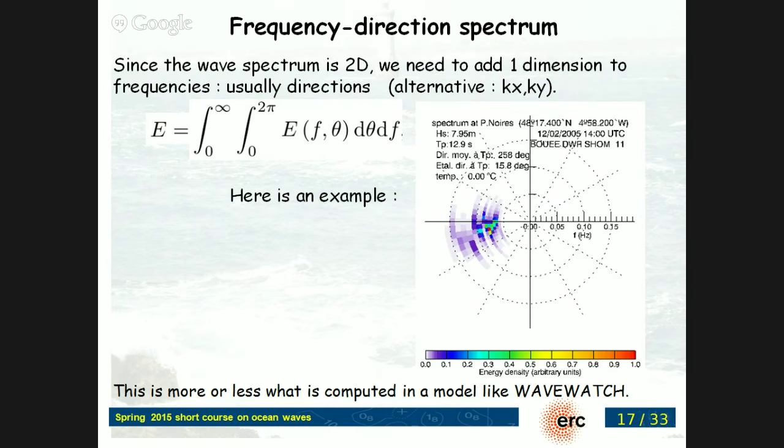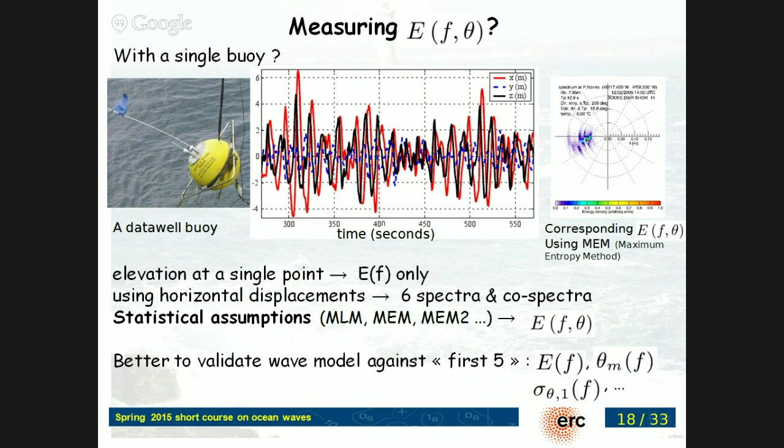Now, the difficulty of this spectrum, so this is what we have in our wave model, and one difficulty we have is to validate this spectrum, because there's actually almost no measurement of the 2D spectrum at all. Most people use wave buoys or pressure gauges or something like this. What you do with this type of buoy is a very nice instrument. It's about this big, I think this one is 80 centimeter diameter. Now they are making some small ones with GPS, which is 40 centimeters, but mooring is a bit more complicated.